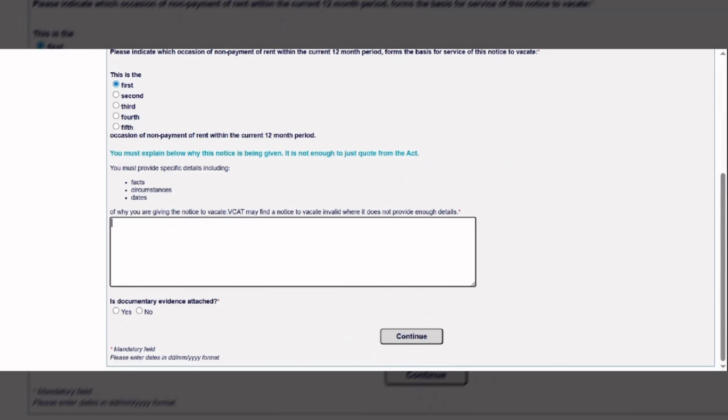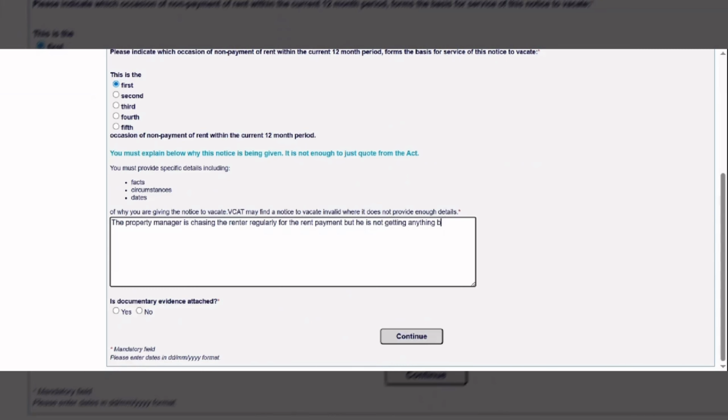For example, you can mention that the property manager is chasing the renter regularly for the rent payment, but he is not getting anything back.